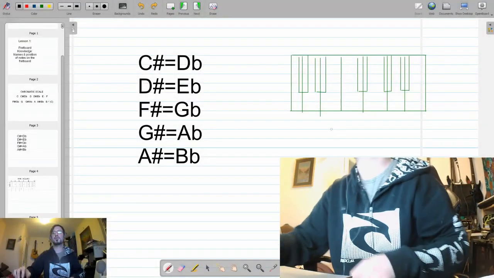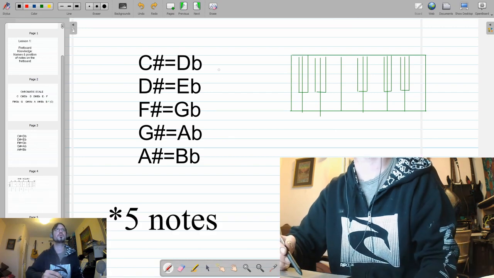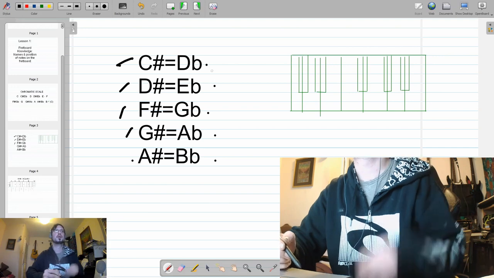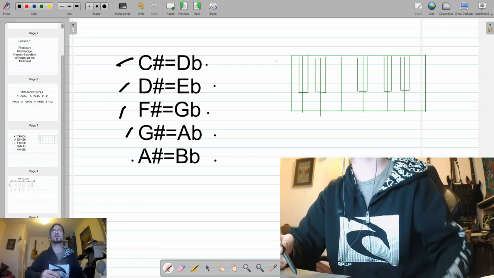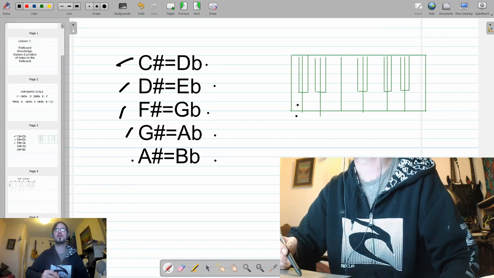Just to clarify, I'm waffling a little bit, so how this works, you have 5 notes that are either sharp or flat, so you've got C, D, F, G and A that are the equivalent of D flat, E flat, G flat, A flat and B flat. Now there's quite a few reasons for this, but I think it's to do with written theory and the piano in general, but the rough gist is that